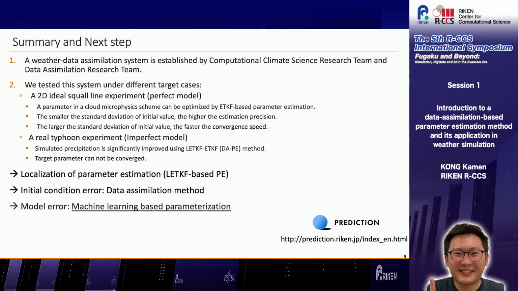In our next step, we try to establish a map-based parameter estimation to consider how the spatial distribution of these parameters changes. We can also compare these two cases. We can see that data assimilation is very good for testing and validating initial condition error. But in the real world, we need to consider the model error more, so that